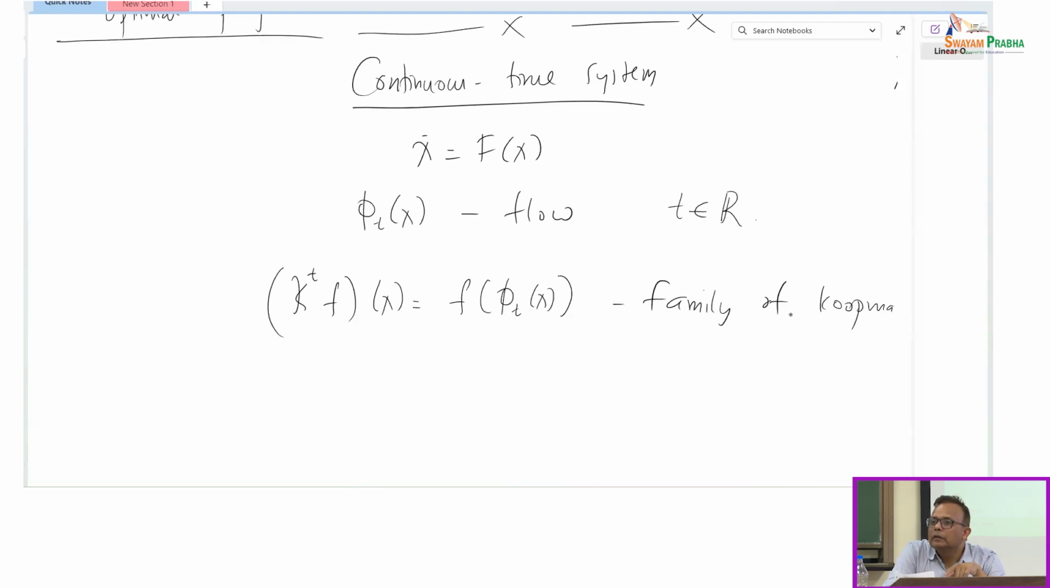Function of time, I mean, it's a family of Koopman operators. That's the language they use. Instead of one Koopman operator, you have a family. As you change the t, you get different operators, right? Okay. So now